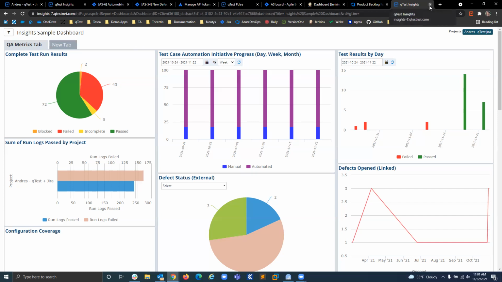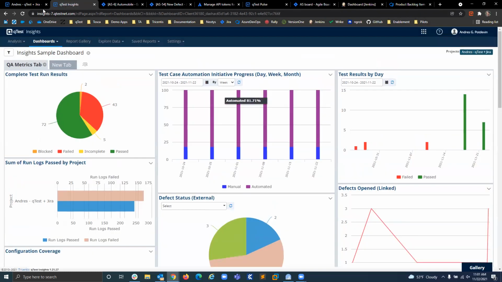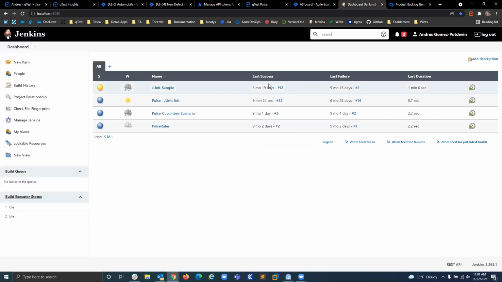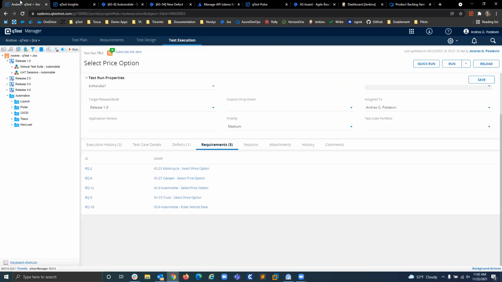Okay, so another 1 hour session. Yeah. Okay. Yeah, and during that hour, I really would like to be able to cover Pulse, since we had a session on Launch and how we could use it for workshop. I really want to introduce Pulse, and I also want to introduce our Jenkins plugin, which we didn't have a chance to today, which could be one of the easiest ways to set up that integration. Okay, great. Andres, currently we do have our DevOps pipeline, which is already being set up with the